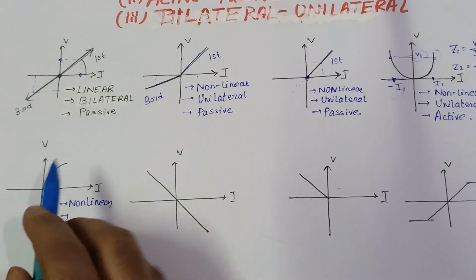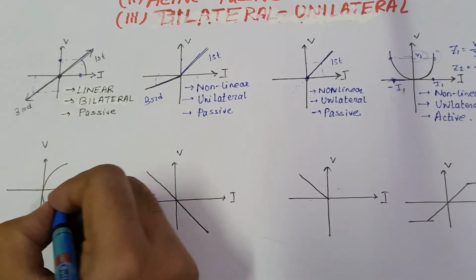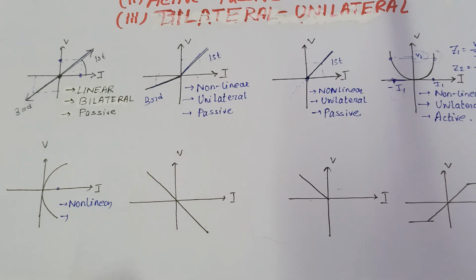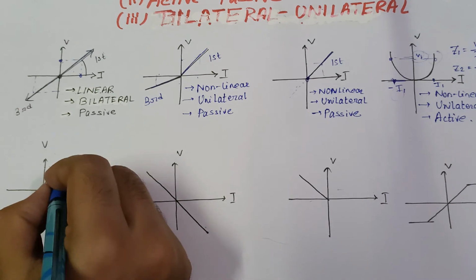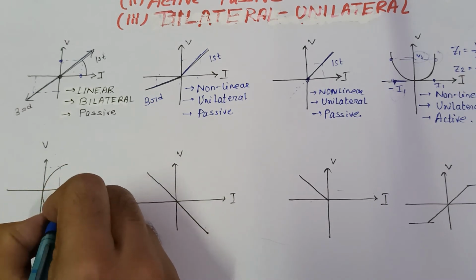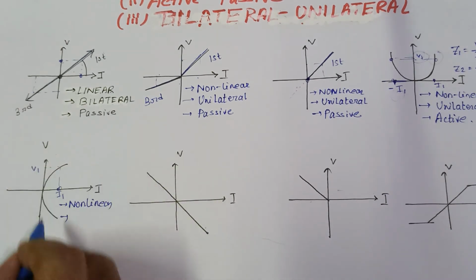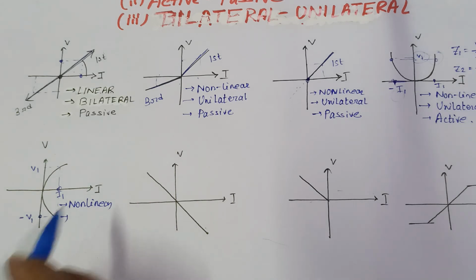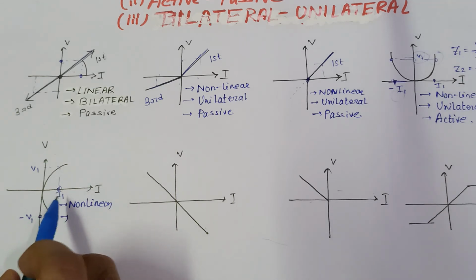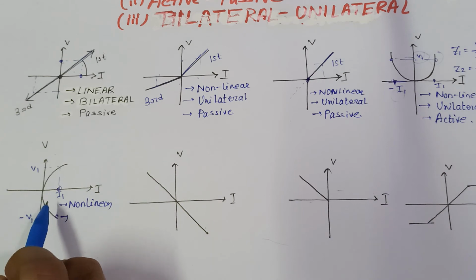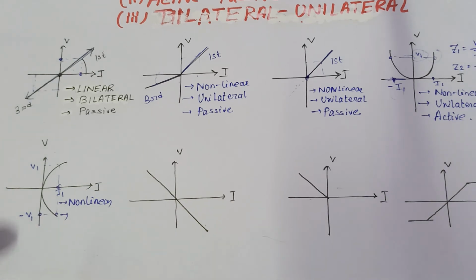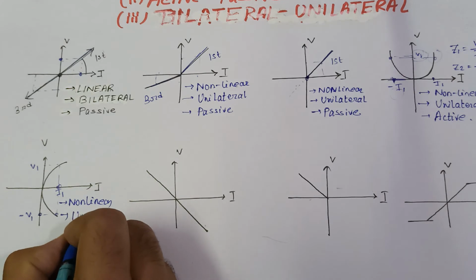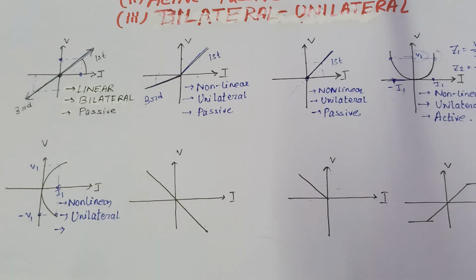Number 2, the value of current is always positive, yes, but the voltage value is negative for some time. For a value of I1, the voltage value is V1 maybe, and for that value of I1, if the voltage is minus V1, the current is I1 again. So the current is not being negative at any voltage. So the ratio of Z1 and Z2 will not be equal again. So it is unilateral.